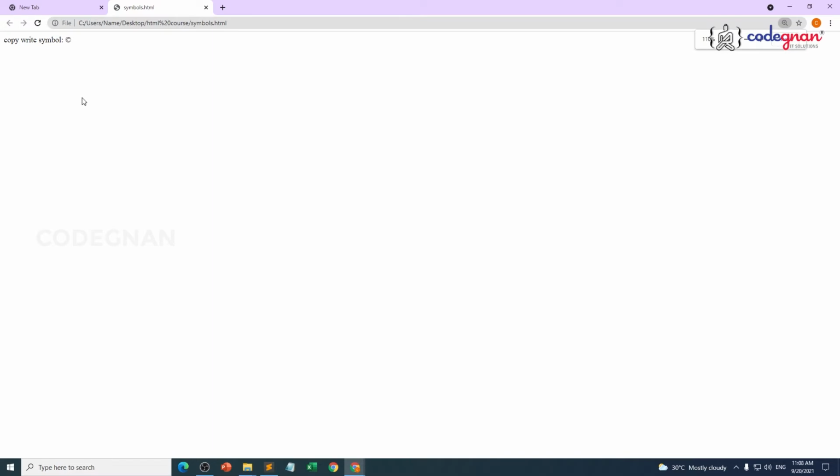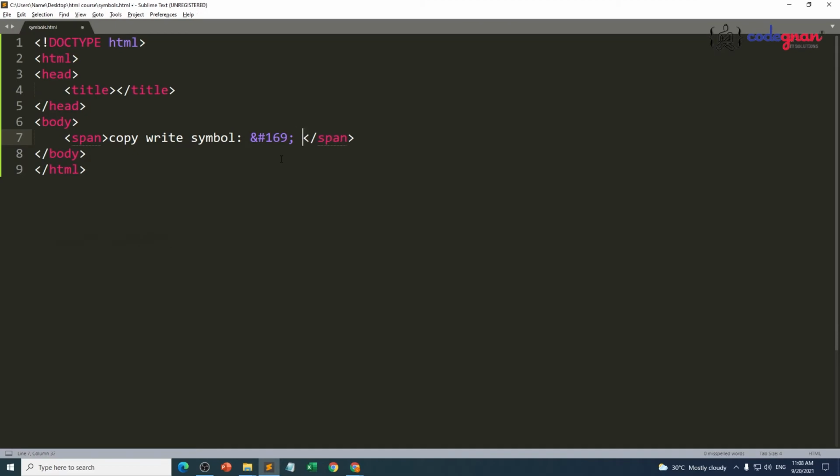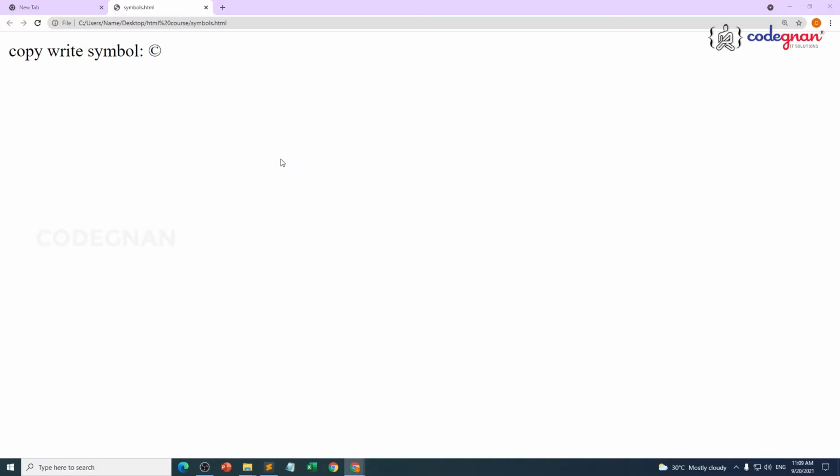Did you see in here? You can see a copyright symbol in your page. This is possible by using that number, or else we are having one more value, ampersand copy semicolon. Control S, Alt Tab, F5. You can see your copyright.